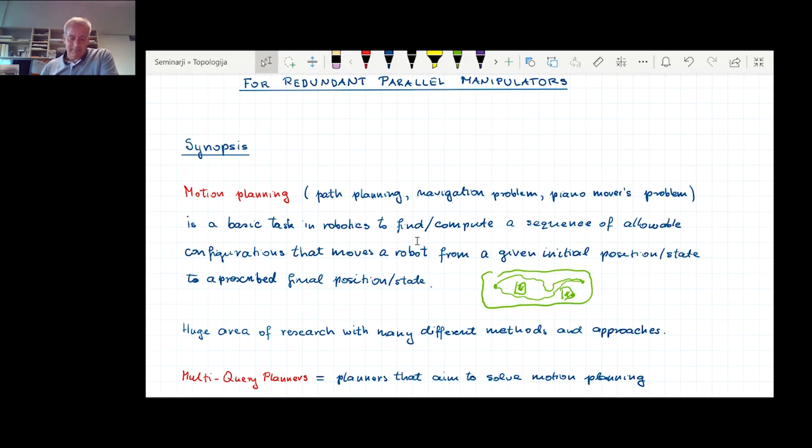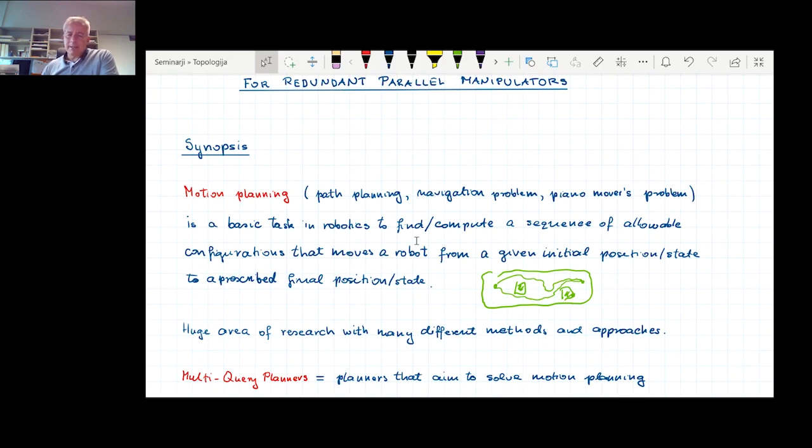Now, one special type of this problem is the so-called multi-query planners. Because most of the time, this motion planning is done one set of input data at a time. So you have your machine, it has some initial position, some prescribed position, and then you compute a